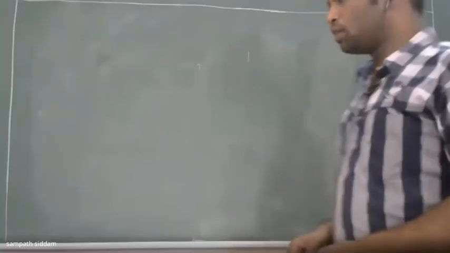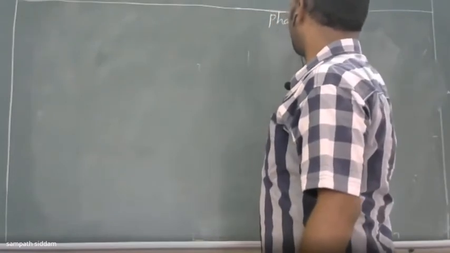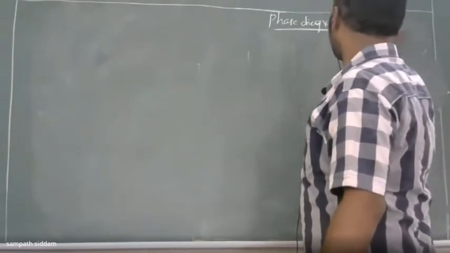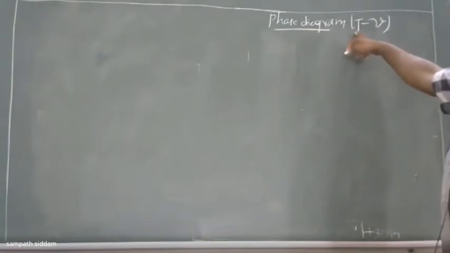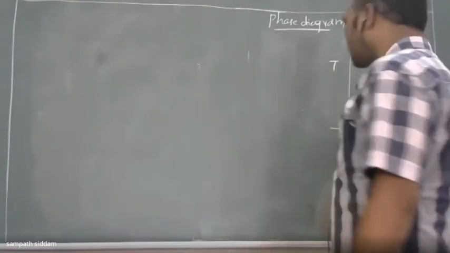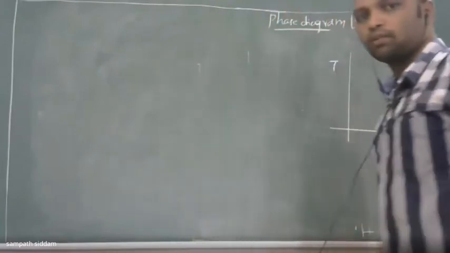No? Right, sir. Now we'll move on to the phase diagram. Phase diagram of water by considering the TV diagram. We'll take T on your y-axis and V, the specific volume, on your x-axis. Okay, so to draw the TV diagram, before that, we need to understand the concept of the phase diagram of your water. Then we can jump into the direct TV diagram for the water.